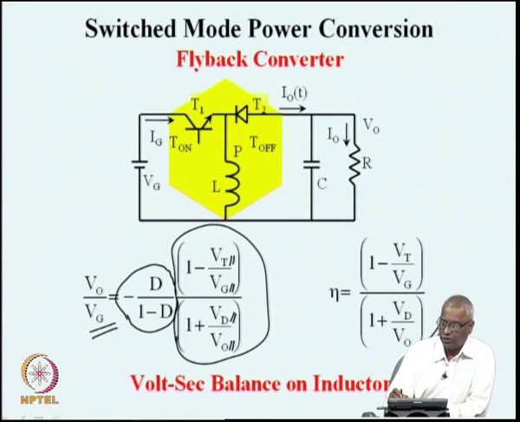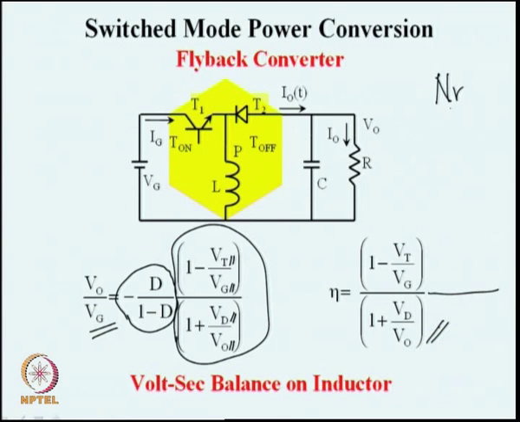If you look at the circuit, this efficiency can also be seen as two terms, one consisting of a numerator and another consisting of a denominator. The numerator is effectively 1 minus Vt by Vg. You can say that it is the efficiency of charging. From Vg, we lose the voltage drop and the rest of it goes into the inductor. So, you can say that the numerator represents the efficiency of charging, and the denominator, 1 plus Vd by V naught, represents the efficiency of discharging,